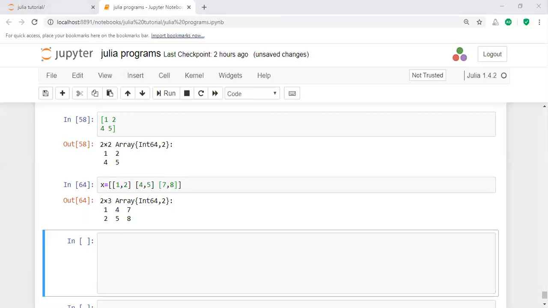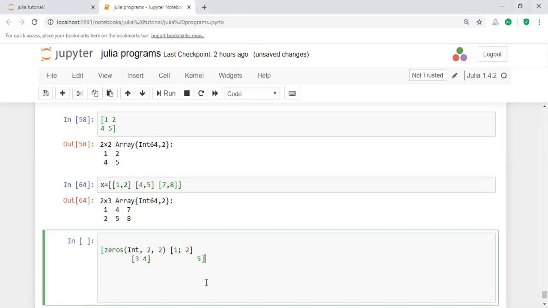Here in this way you will implement this type of matrix here, and then zeros. That means with the help of zeros here, you are implementing the 2 by 2 matrix of 0, and some other elements with some value. Let us take a simple example here. That's why I'm taking this one. Here, zeros.